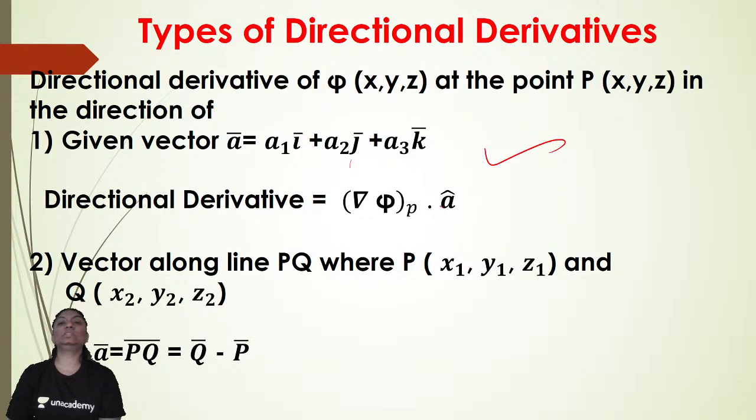Okay. Now, first, types of directional derivatives. The directional derivative of phi of xyz at the point p of xyz in the direction of, first, a given vector a bar is equal to a1 i bar plus a2 j bar plus a3 k bar, is del phi at point p dot a cap. Second, the vector along the line pq, where p is x1 y1 z1 and q is x2 y2 z2, where a bar is equal to pq bar, that is q bar minus p bar,